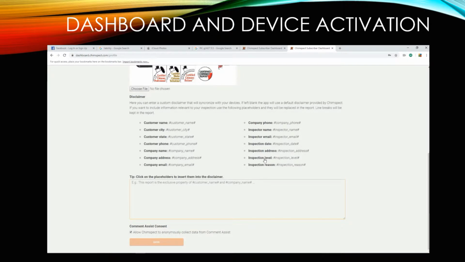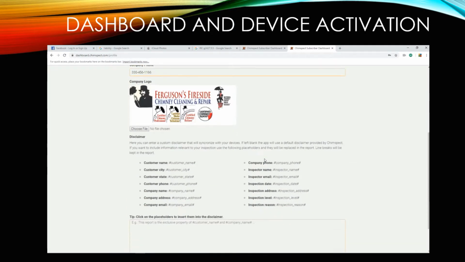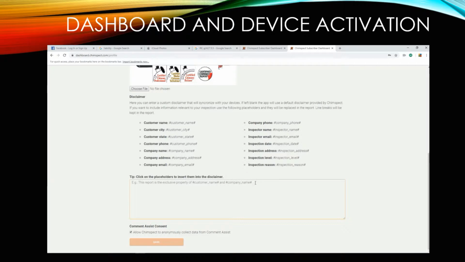Another part of what is being built in your profile is your disclaimer. If you see this text in this box for the disclaimer, you're going to receive the disclaimer that we have written for the system. It's pretty good. You should take a look at it. You may want to edit it and have it be more custom for your situation. If you are going to build your own